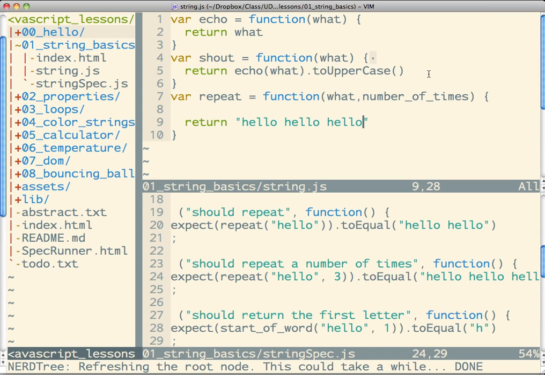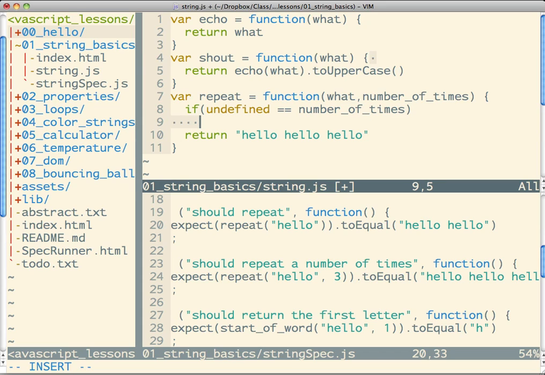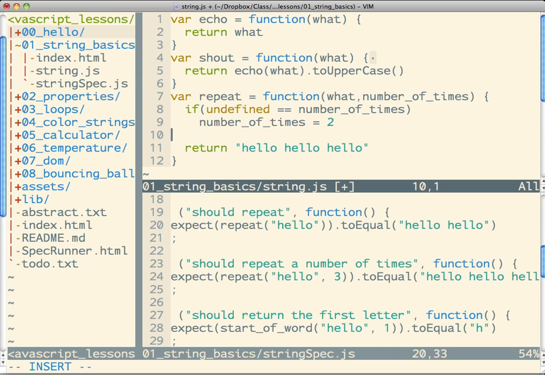Okay, so I made one test pass, and then the other test failed. So I went back to line 20, and I'm going to focus on this. Hello should be hello, hello. So if we have undefined a number of times, then we want to define number of times. It's to be 2. If,